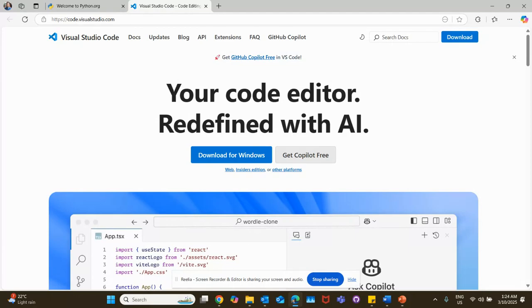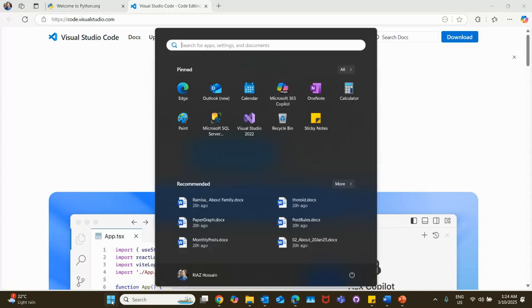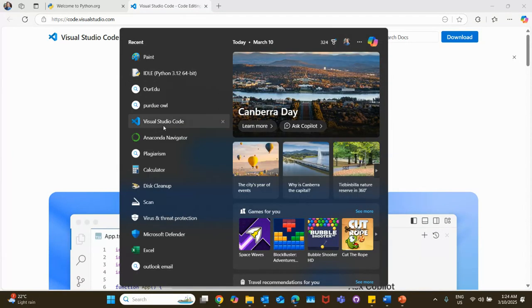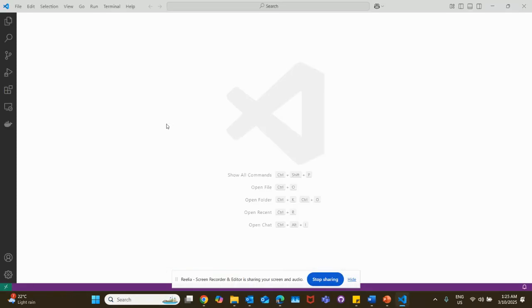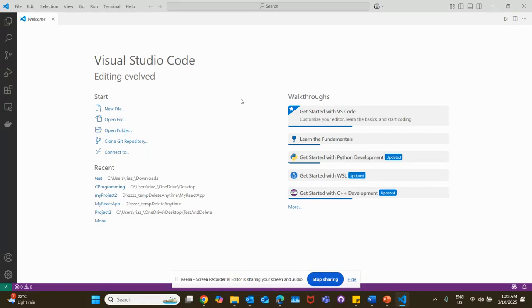Visual Studio Code installed, you can open it. In my case, the menu already has Visual Studio Code. So if I click it once, you will get a similar type of interface. So the first thing I will do,